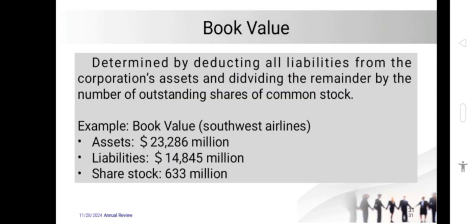Next is the book value. Book value refers to the value of a company's assets minus its liabilities, representing the net worth or equity of the company as recorded on its balance sheet. In the context of stock valuation, book value per share is often used to assess the financial health and underlying value of a company. It helps investors understand how much each share would